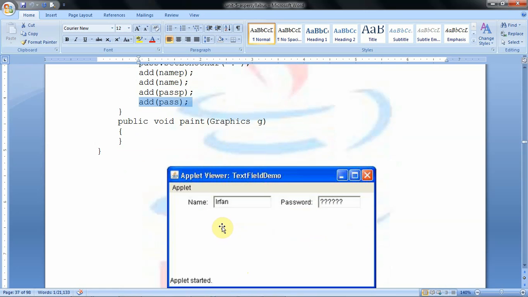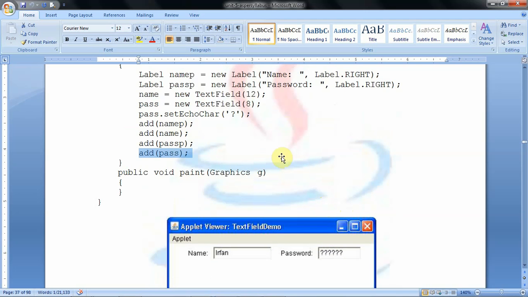Here we type the message Irfan, and it is displayed as it is. Then we type some password, some characters here. Those characters are not displayed as they are, because they are echoed as question marks. Whatever character we type here is displayed as a question mark. So this kind of field is referred to as a password field.